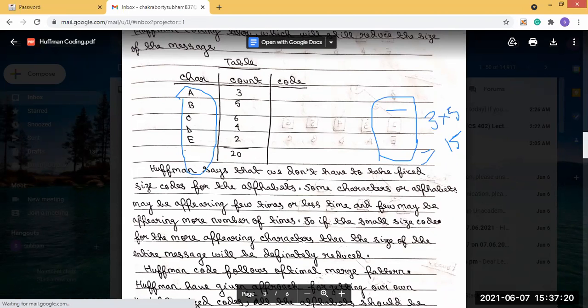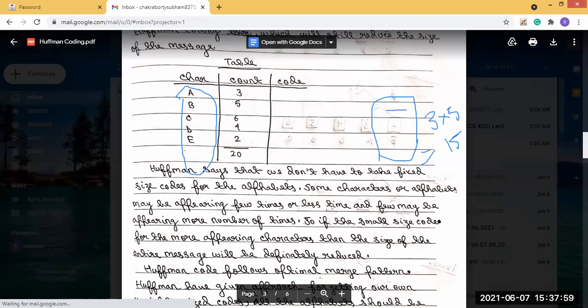Some characters or alphabets are appearing fewer times, and a few may be appearing more times. So if we take a small size code for the more frequently appearing characters, then the size of the message can be reduced again. So Huffman code follows the optimal merge pattern. Huffman has given an approach